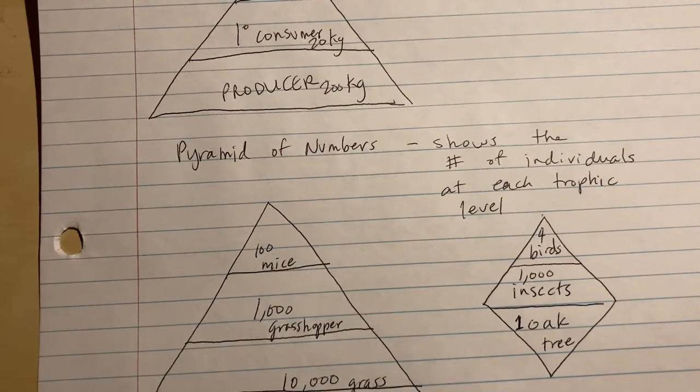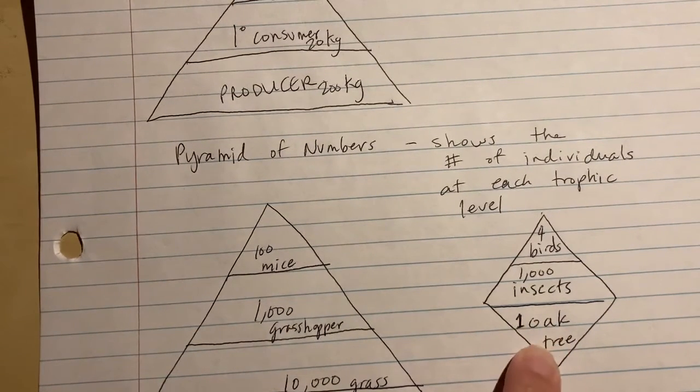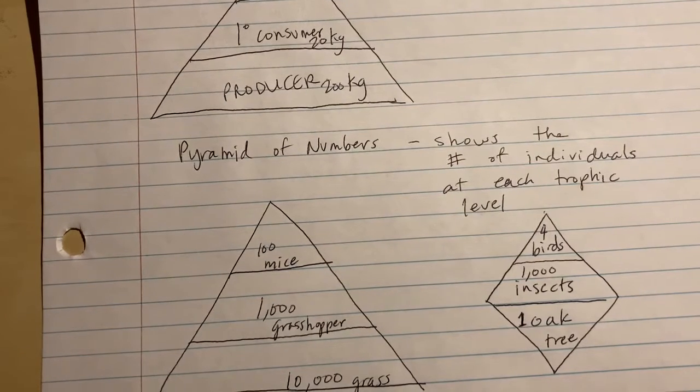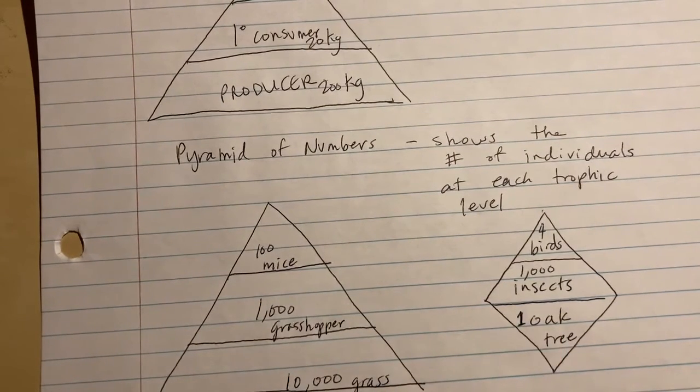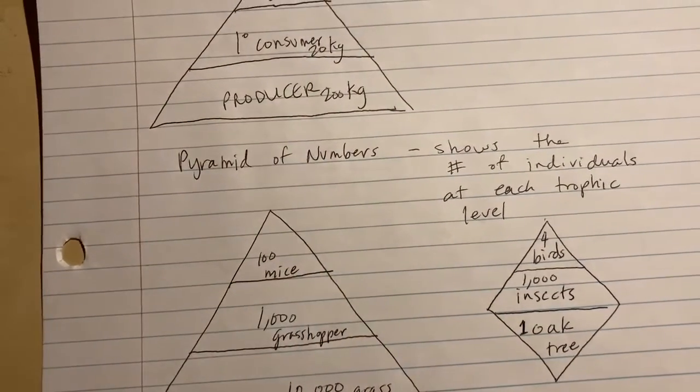And then occasionally in what's called marine ecosystems, like in the ocean, you'll get it inverted like this as well, simply because the producers get eaten so fast. They reproduce so quickly and get eaten so fast that there's not that many of them at a given moment. Okay, so those are our 3 kinds of ecological pyramids that I thought you should have in your notebook.